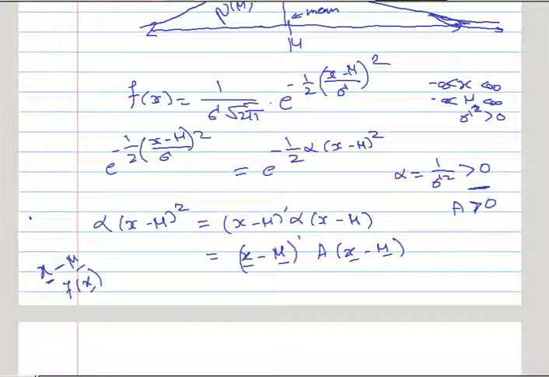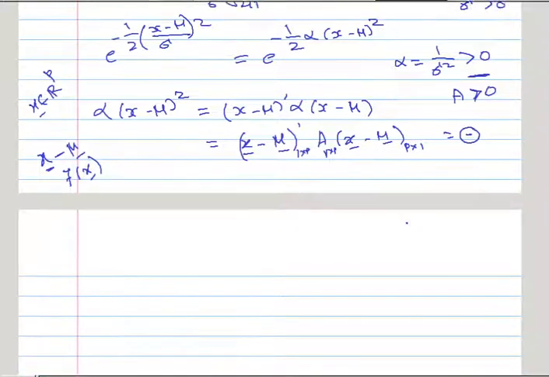Now this x bar, suppose this particular point is in p dimension, so this will be a 1 cross p row vector. A will be a p by p positive definite matrix, and x bar minus mu bar will be a p cross 1 column vector, so that the total dimension will be 1 cross 1. Whatever this quantity comes out to be, that real number will work as a distance between x bar and mu bar. So even if we are in multi-dimension, the distance between 2 points will be a scalar number, not a vector. We are considering here the distance between two vectors, and that distance comes out to be a scalar number. Then only can we compare whether 2 points are close to each other or away from each other.